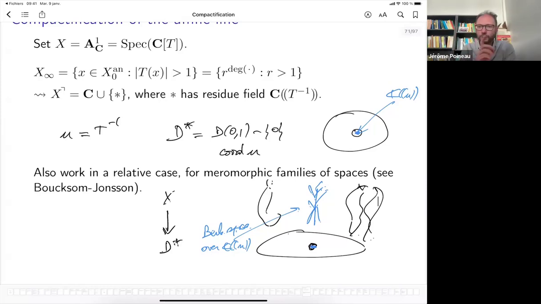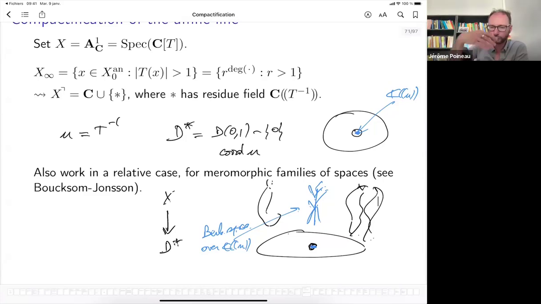But if I may say one last word on this, I don't know if you're familiar with the work by Amini and Nicolosi. They also want to compactify the moduli space of Riemann surfaces, say. What they want to do is to compactify it in a way that you have some continuity of some measures, like the Bergman measure on the Riemann surfaces.